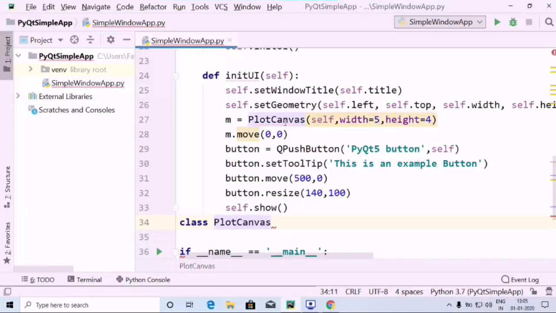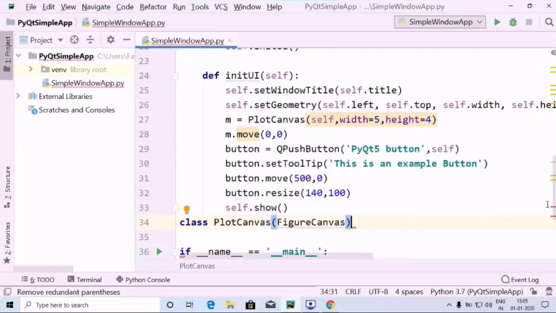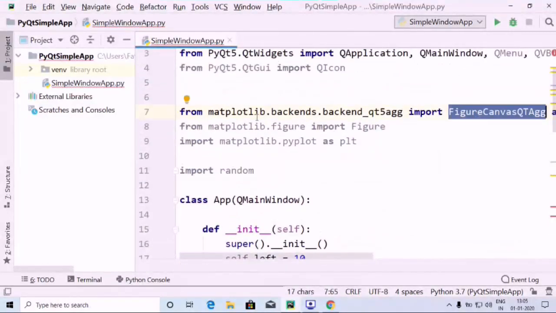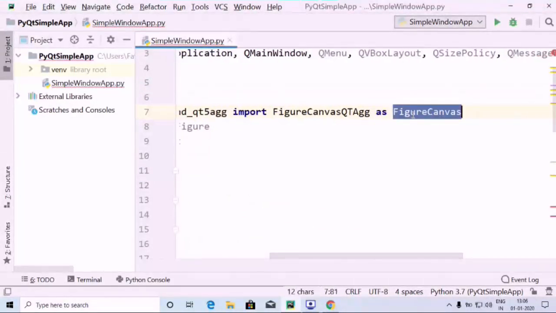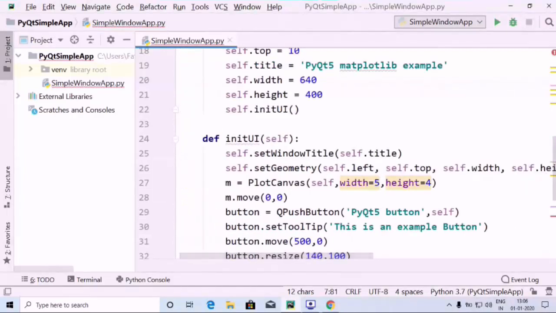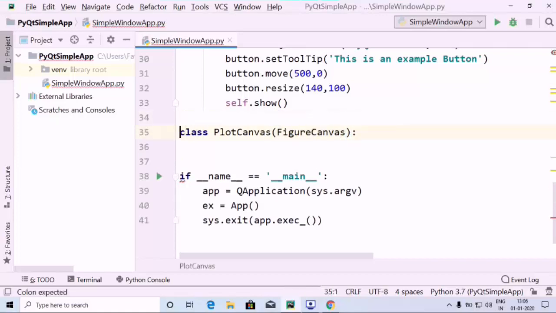As you can see, the error has gone as I have created the PlotCanvas, and inside the brackets I'm going to pass the FigureCanvas which we have imported from matplotlib.backends.backend_qt5agg as FigureCanvas. So we are going to use the FigureCanvas inside the PlotCanvas, and let's open this class. Let's leave some space as well,